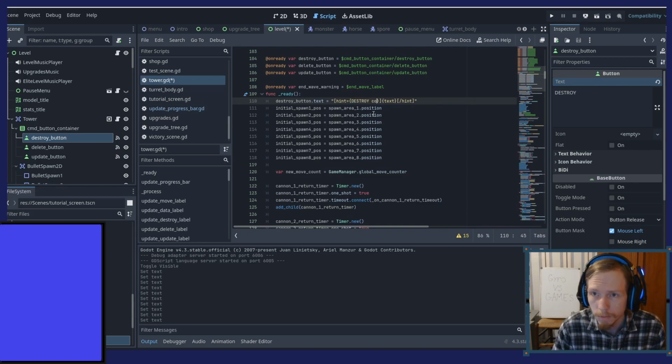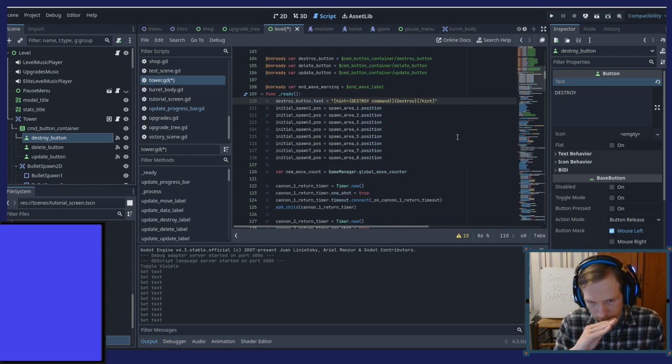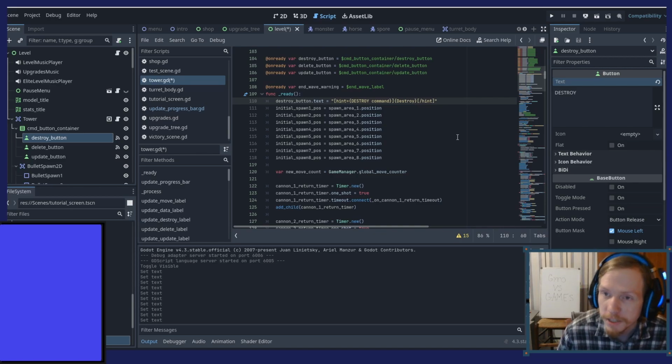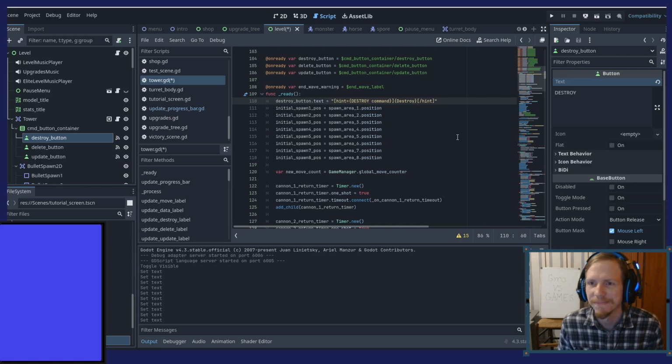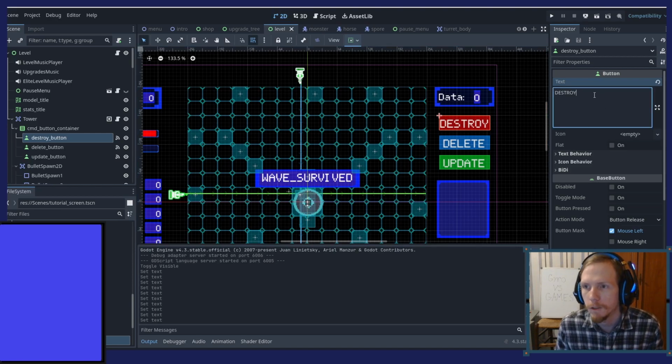Destroy command and okay, sorry. I thought I was about to sneeze. Weird. Okay. Now let's see if I remove this.